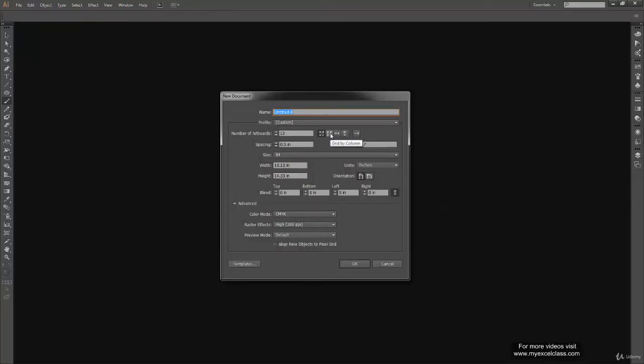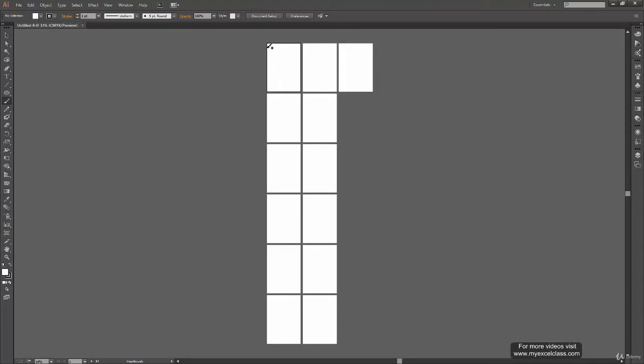Now in the second one, you can see when I switch back to the second one, which says grid by column, this word changes here from column to row. That means we are limiting the number of rows this time. So let's say the number of rows is 6. So this is how it works. 1, 2, 3, 4, 5, 6. It cannot go beyond 6 rows. It can go unlimited number of columns this time, but it cannot go beyond 6 rows. The same was with the previous one. It could only create 7 columns, but there was no limit for the number of rows.